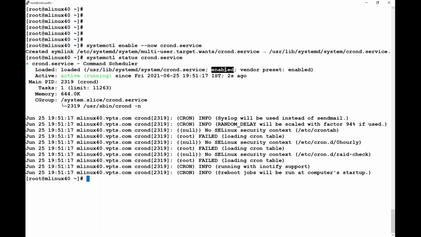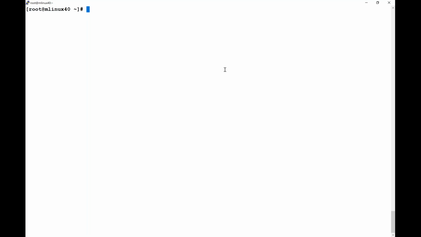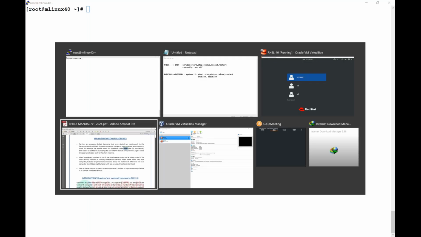Now, as of now, we just learned how to start, stop, restart, reload, enable, and disable services. In the coming time, we are actually going to learn with some applications how it affects those applications and all. Okay. All right. Now let's move to another topic after this, which is